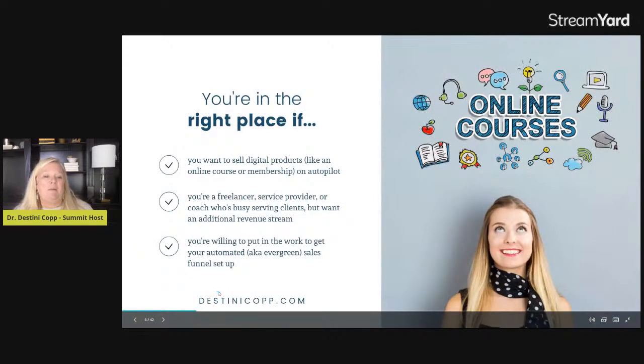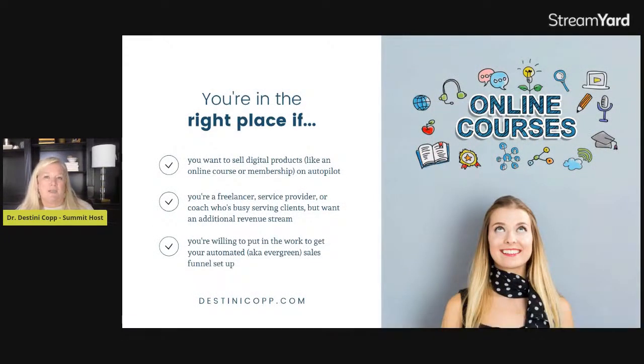So you are in the right place if you want to sell digital products on automation. When I'm talking about digital products, I'm talking about a wide range of digital products. You're probably familiar with online courses, but there are a lot of different types of online courses that you can build, which I'm sure if you watched any of those presentations, you learned about. It could be a kind of mini course, a tiny offer.